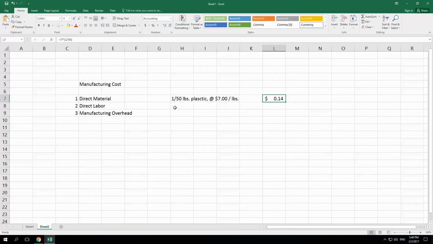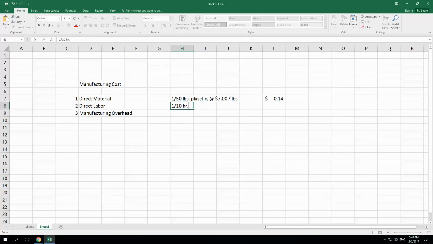Now you could do the same thing with labor. You could say that it takes, we used to call it man hours, right? But we'll call it, to be gender neutral, human hours, right? To make one bottle, it takes 1/10 of an hour, right? And you know, the machines are making it, but there'll be labor out there. So it takes 1/10 hour